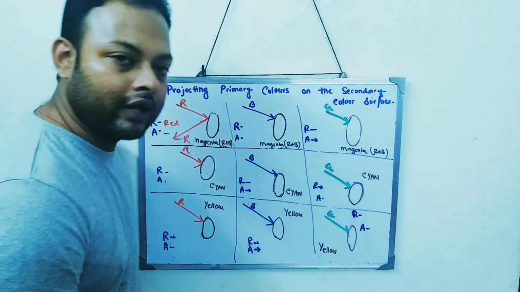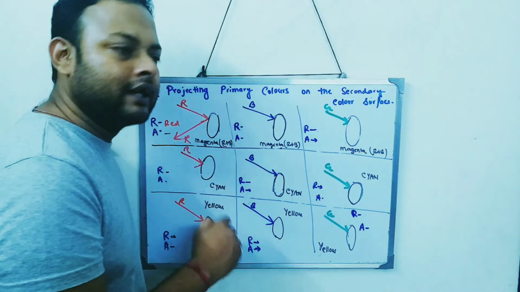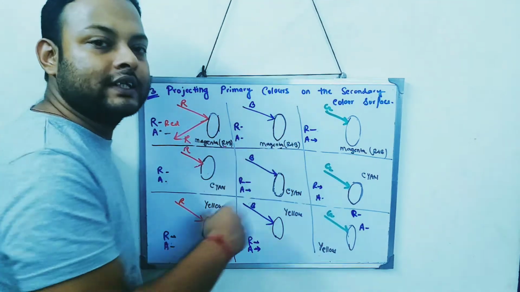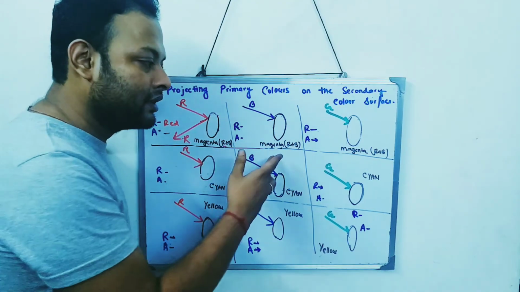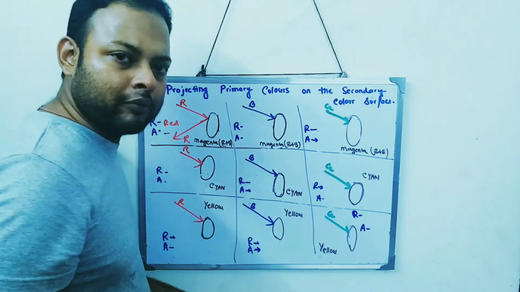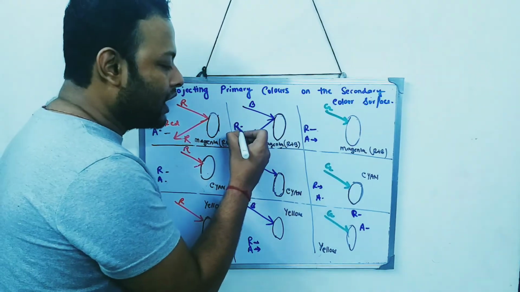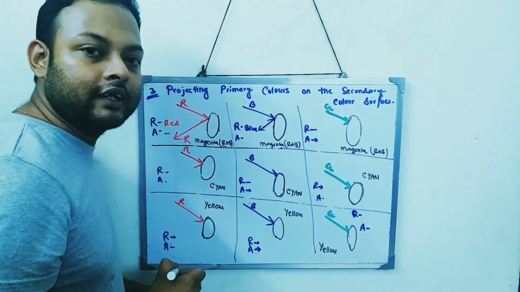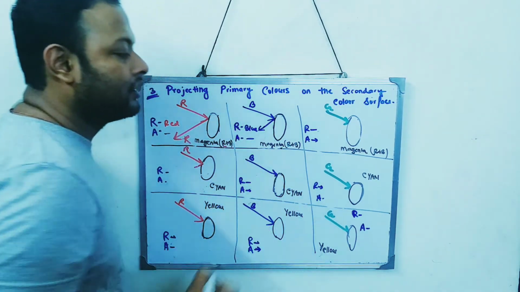Think over here. On a magenta surface, now blue color is coming. Now magenta says that I have red as well as blue. So the magenta surface can reflect red as well as blue. Now blue is coming. So magenta says, okay, blue is a part of mine, so I can reflect this blue color. So R stands for reflect. Which color is getting reflected? The blue color is getting reflected. And if blue color is getting reflected, what is getting absorbed? Nothing gets absorbed.